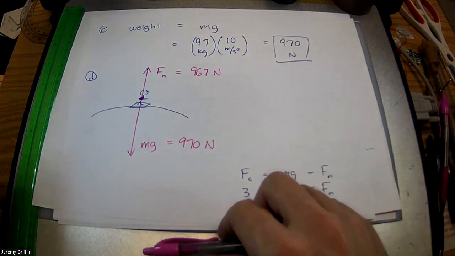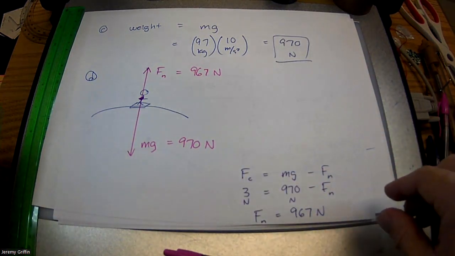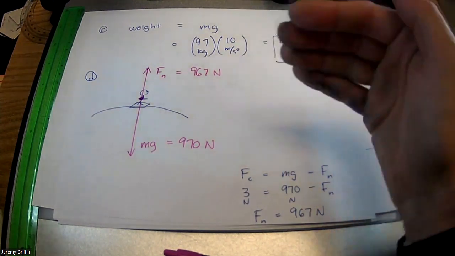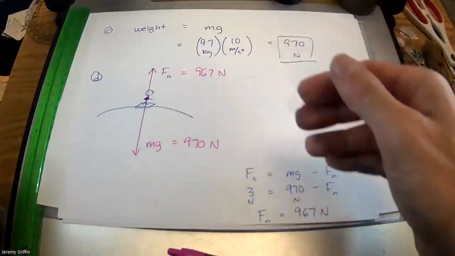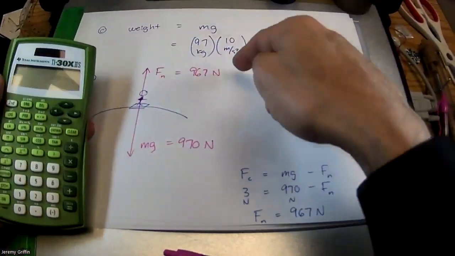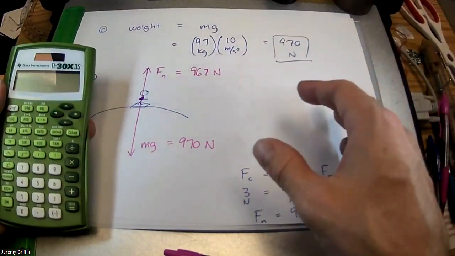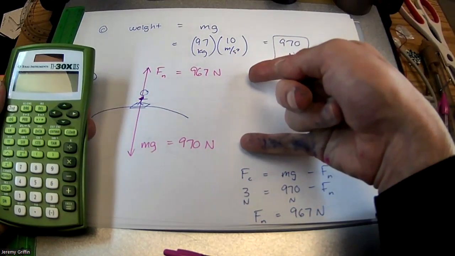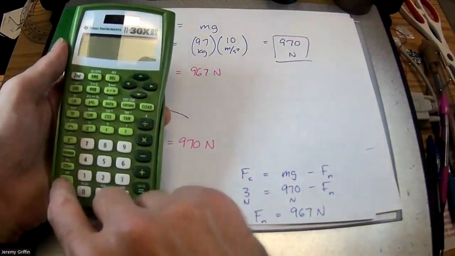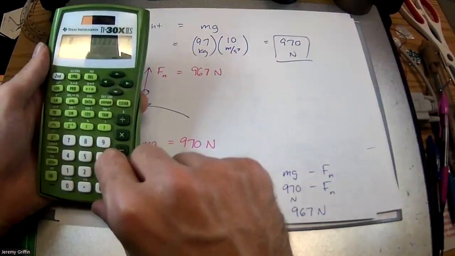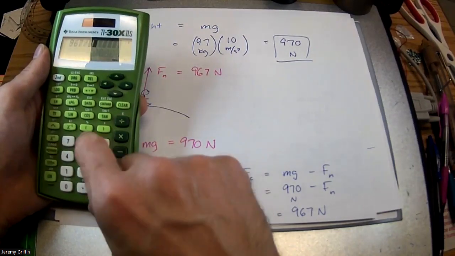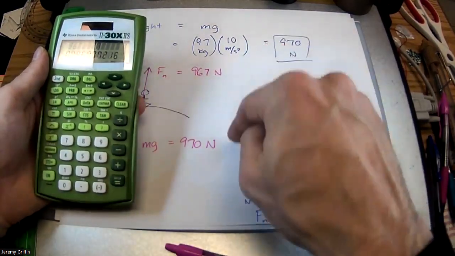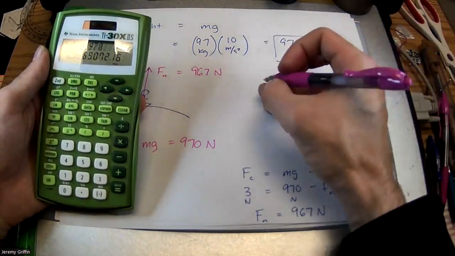Okay. Last question. So the net force of 3 newtons is what allows them to stay on a curved path, right, going around. Last question is, I wonder what percentage that is. Now, this is only true on the equator, although in Florida, like so many degrees up, this is pretty close to being on the equator. You have to do some trigonometry, but that aside. What is 967 compared to 970? So that divided by that. The ratio of those two forces is